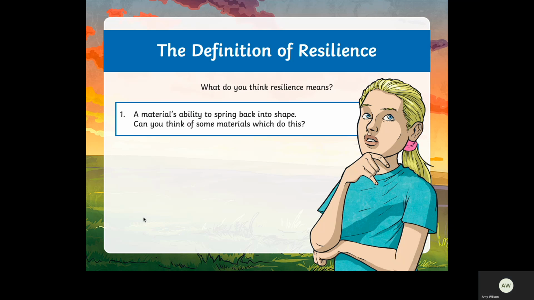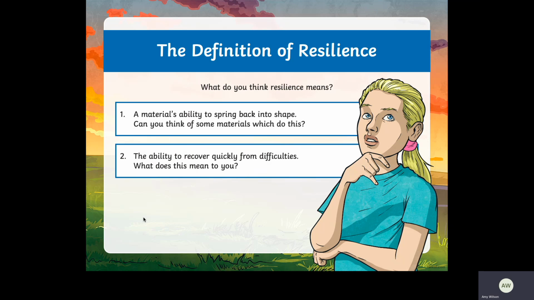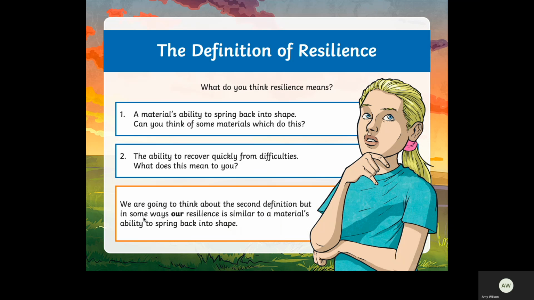But there's another meaning of resilience, and it's the ability to recover quickly from difficulties. To be able to recover quickly from difficulties. What does that mean to you, to be able to recover quickly from difficulties? So today we're going to think about the second definition,